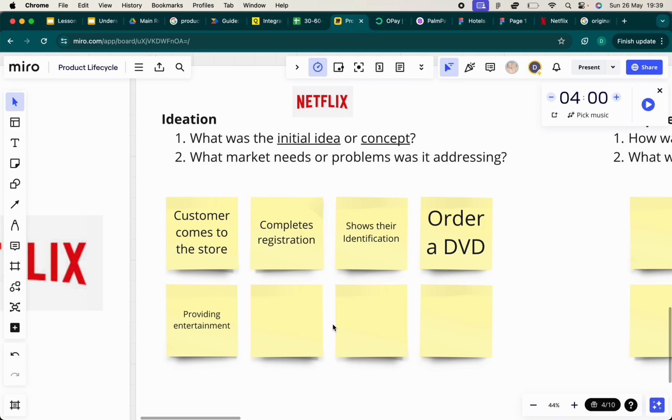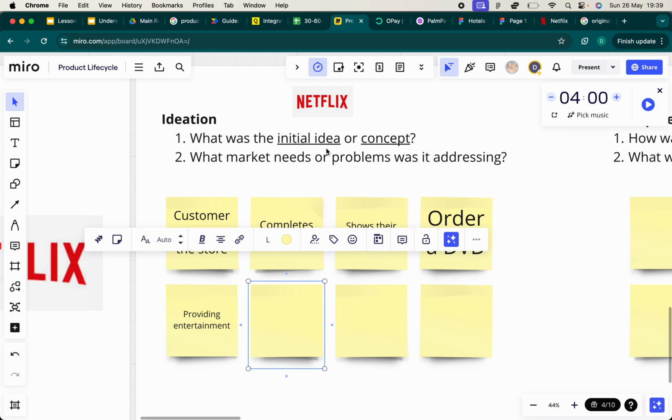They will wait until the movie has been released in the form of DVD, and then they will order it and go ahead and watch it. This is how I used to watch movies. I had to wait because going to the cinema was very expensive, so you have to wait.